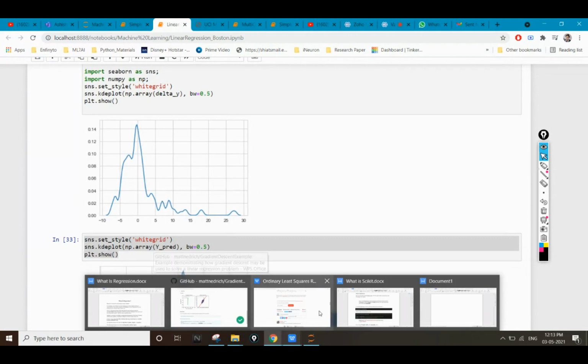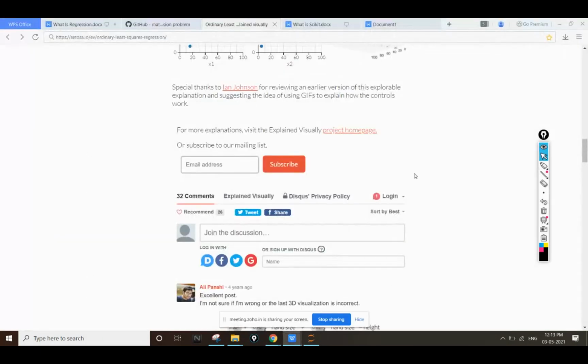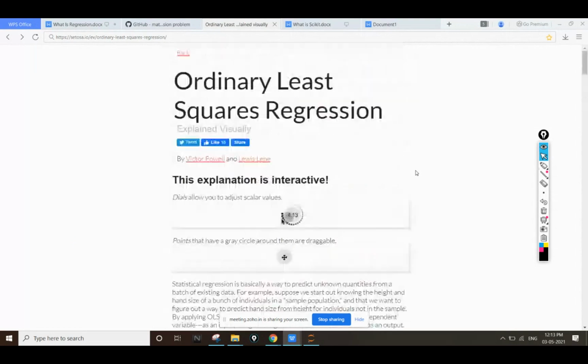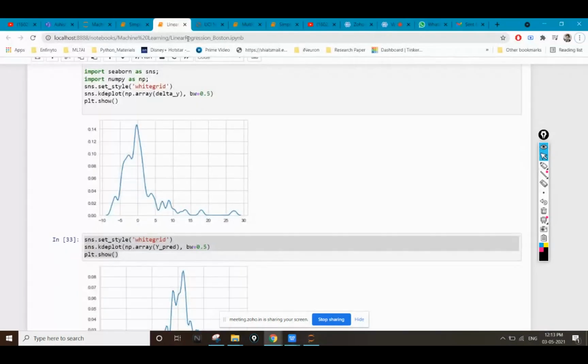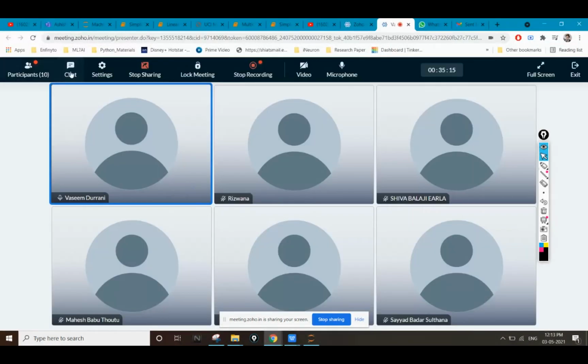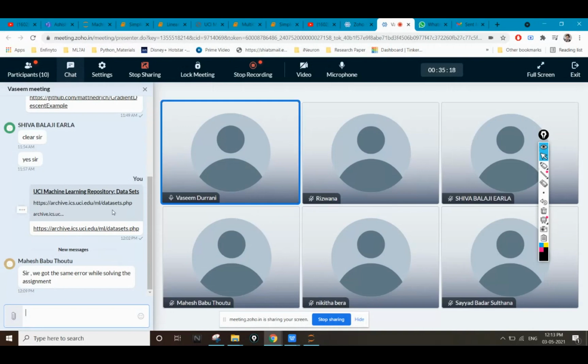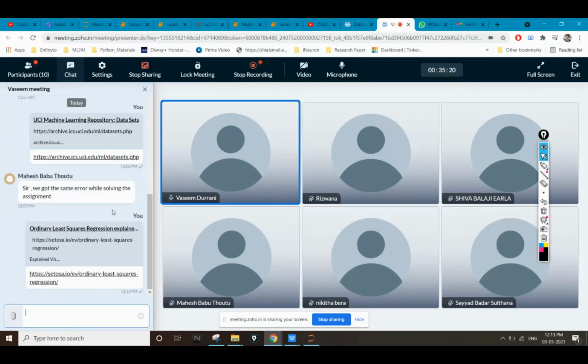So to get the accuracy percentage, what I'm going to do is follow an ordinary least square approach. Ordinary least square approach. I'm just going to give you this link in the chat again. Okay.